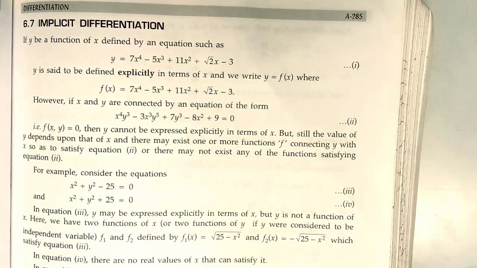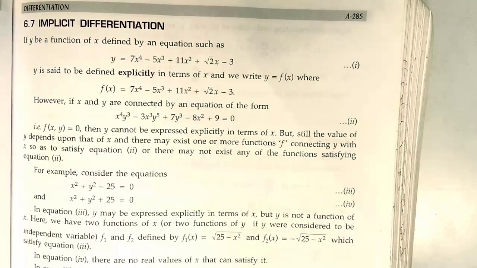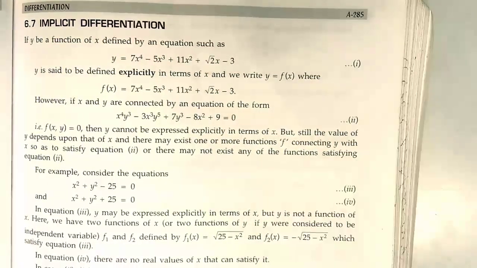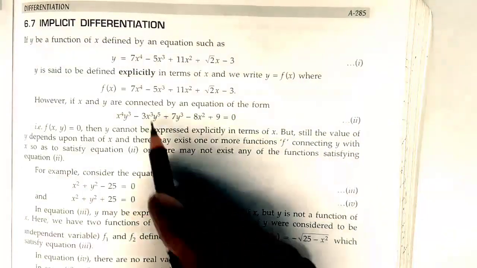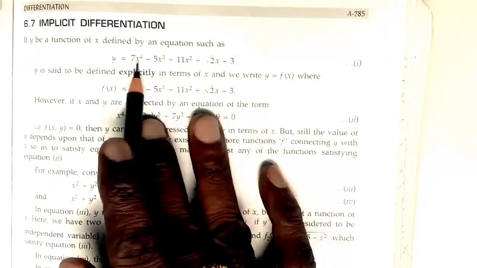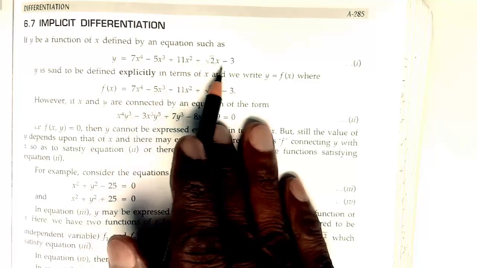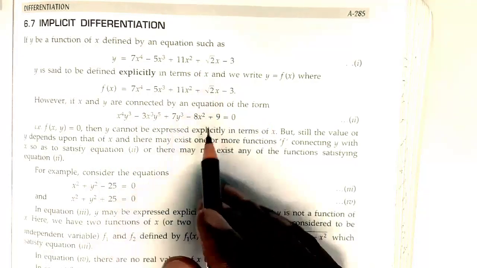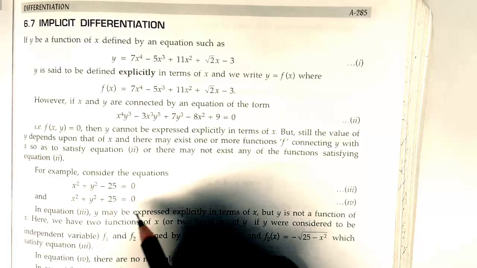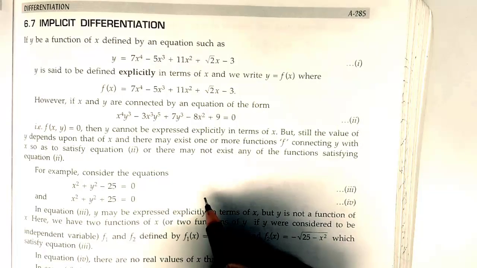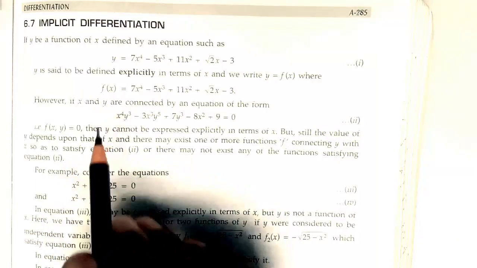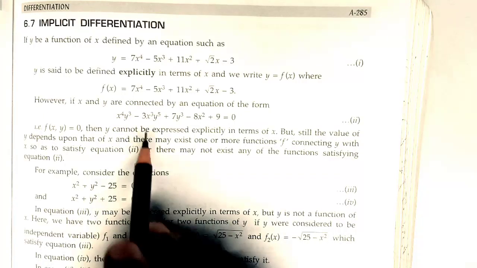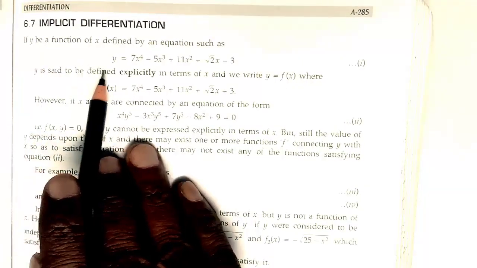Hello students, today I am going to start derivative, and today is the first class of derivative on implicit differentiation. Normally before, you have done derivative like y is equal to f of x, where y is a function of x. If x and y are mixed together and you are unable to separate y and x, in that case that function is called an implicit function, and I will show you one by one how to find its derivative. Suppose I am giving some definition.